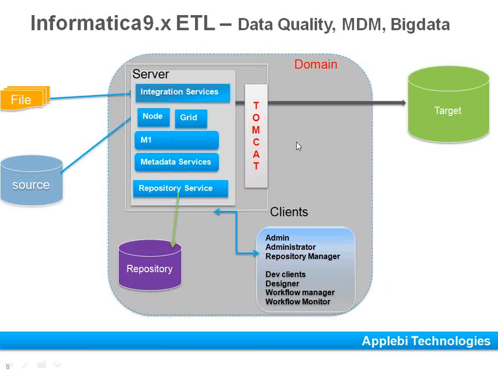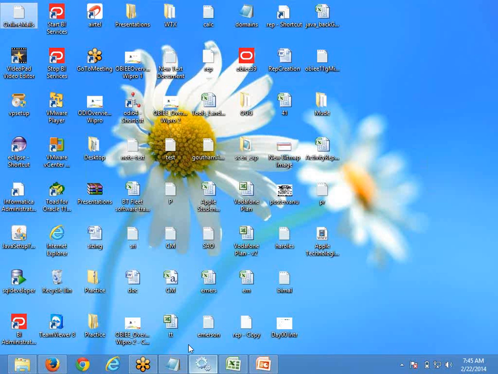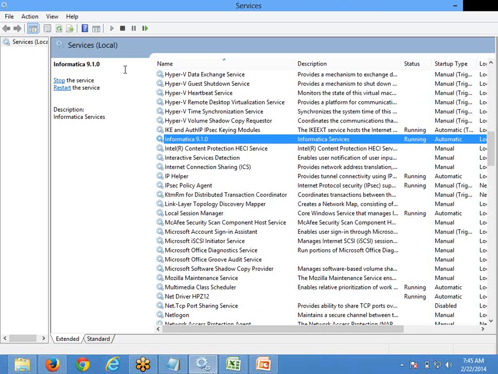To see how these components work, when you install Informatica software on your machine, it can be installed on Unix machines or Windows machines. You can choose either operating system, Unix or Windows.